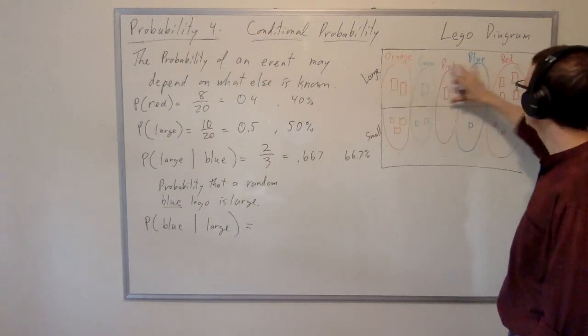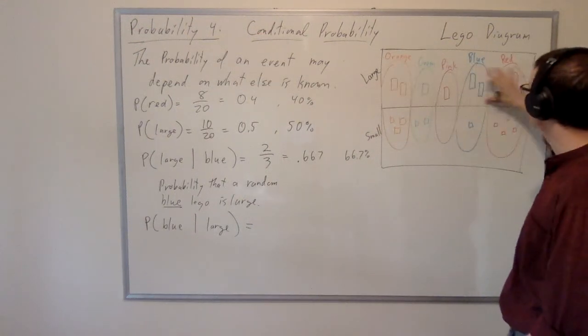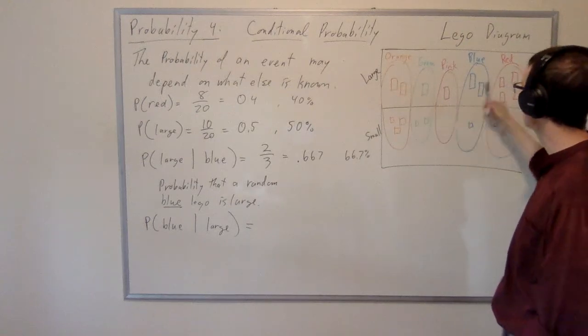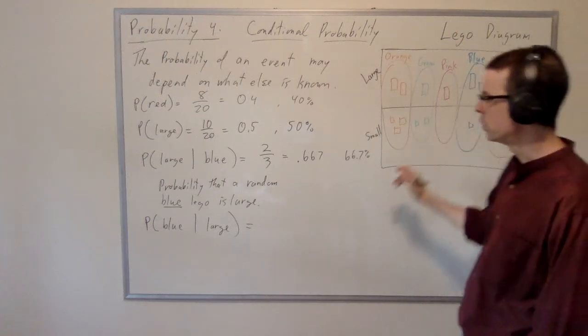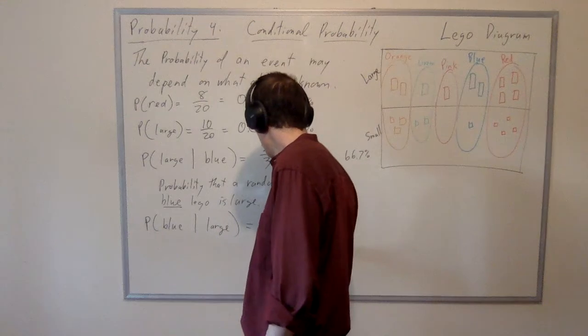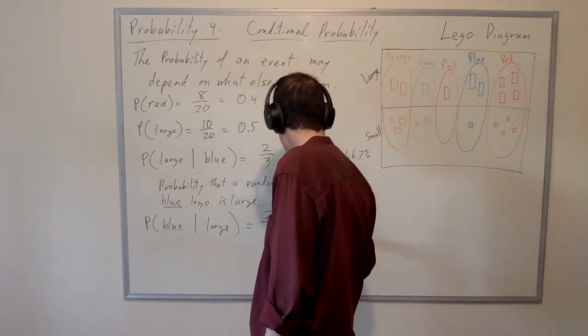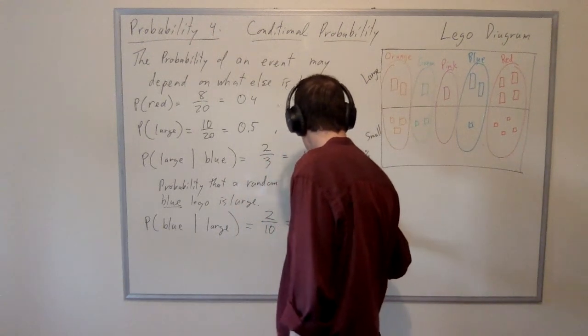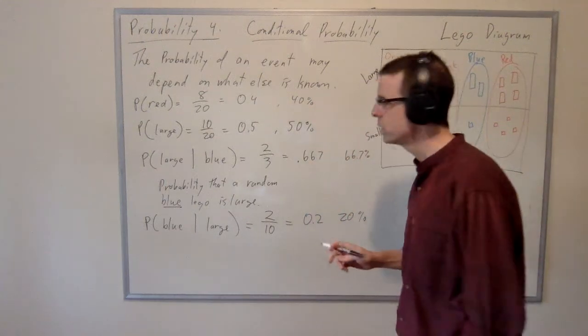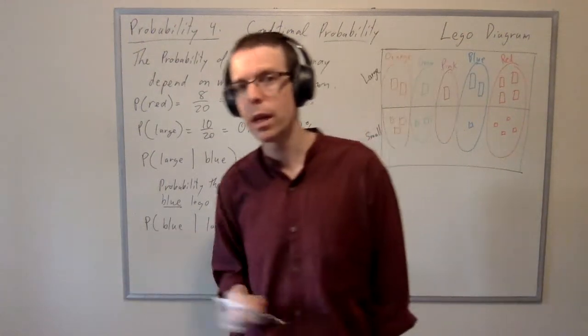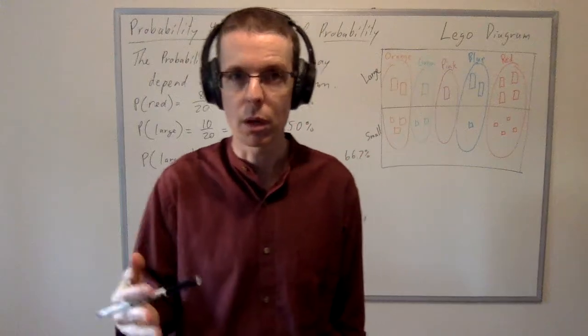Given that it's large means the only Legos we actually have to be concerned about are these large ones up here, and there are 10 of them. 2 of them are blue, so we have 2 successes and 10 options, which is 0.2 or 20%. So there's a 20% chance of being blue, given that the Lego is large, which is an important caveat which